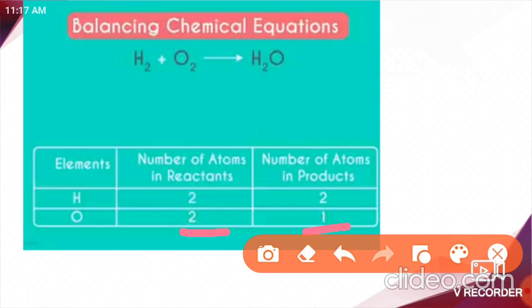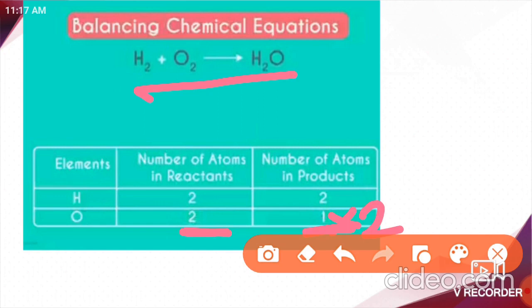How can you make it balanced? Simply I will use the multiplication method here. Here 2 is there now. I will try to make this 2 by multiplying here by 2. Okay. So it will become 2. Here 2, here 2. Balanced now. You need to balance this in the equation also. Simply writing 2 here is not going to change anything. You need to balance here.